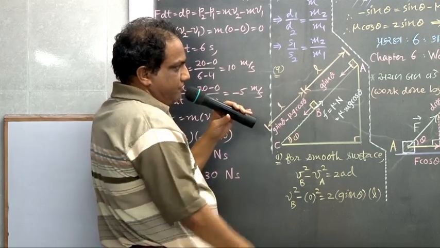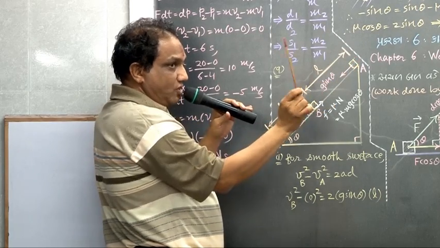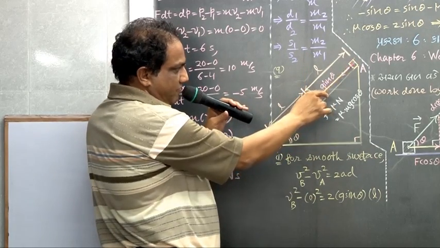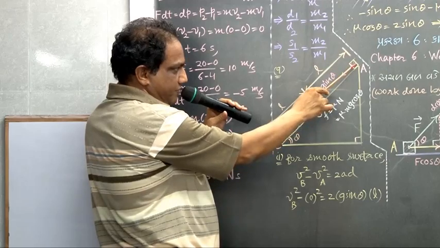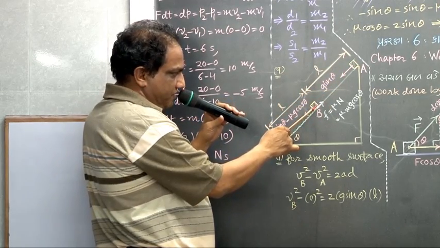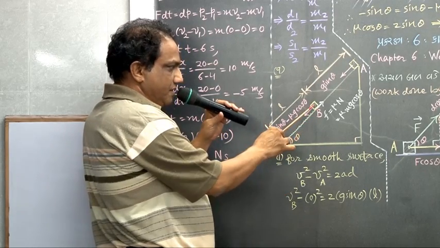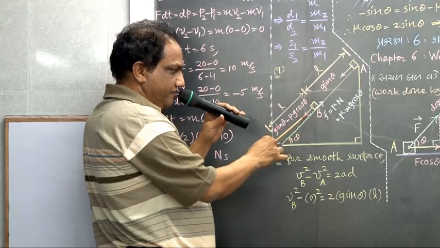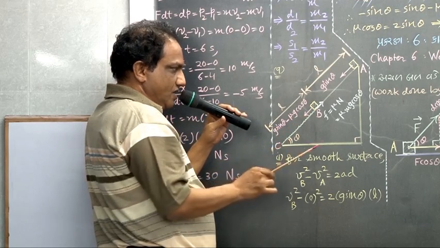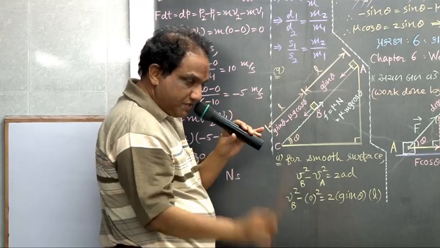Now what is given to us: when one block starts from the top of the slope, from the state of rest, when it comes from here to here, velocity keeps on increasing. But now it has to overcome this frictional force. And in doing that, the velocity of this body decreases. Finally, when it comes to the bottom, it becomes stationary. Okay, the block comes to rest.